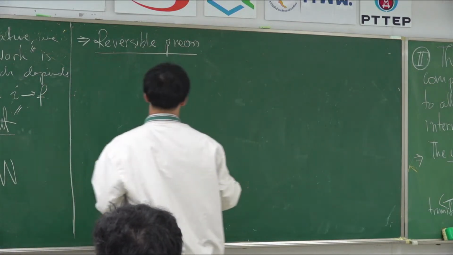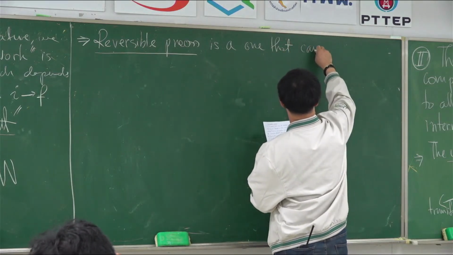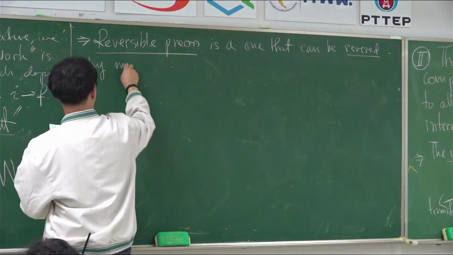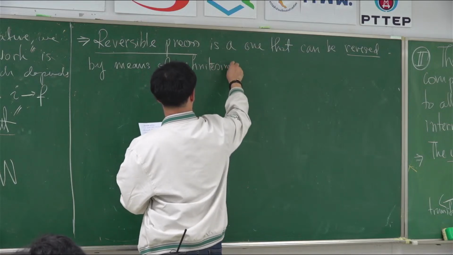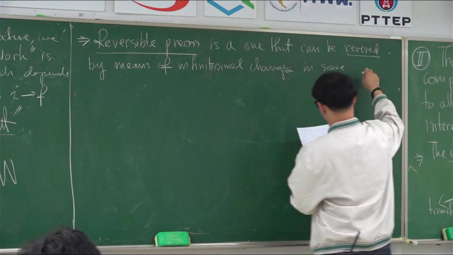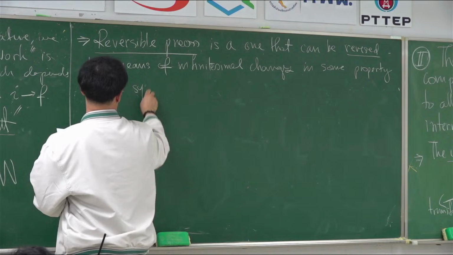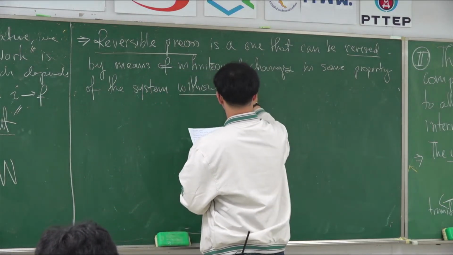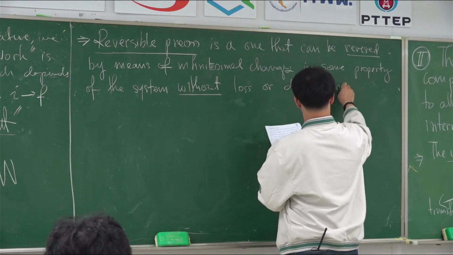The reversible process is one that, of course, can be reversed by means of an infinitesimal change in some property of the system without loss or dissipation of energy,